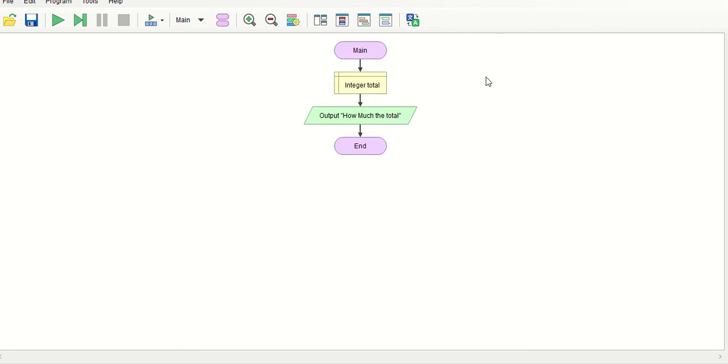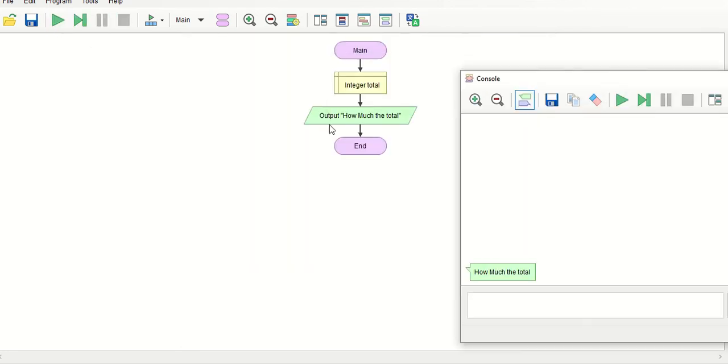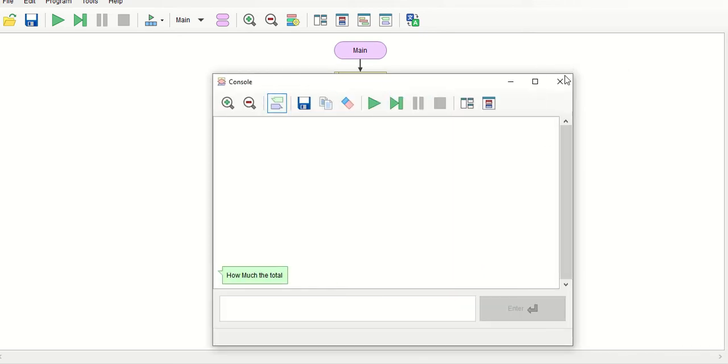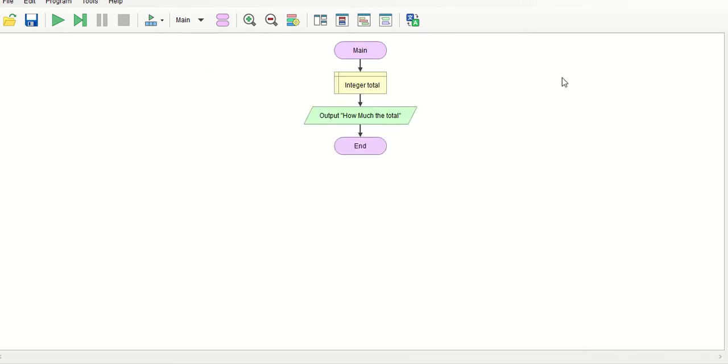And input means, if you run your program, you can see because of this output, and because I wrote it in inverted commas, it's coming the same, how much the total. But you see I cannot write here. Why? Because I used the output, the computer will ask me, but I didn't tell the computer that when it asks me something, I will give it something. So for that I will take input, and whatever I give as input, it will go to this total, the variable I declared.